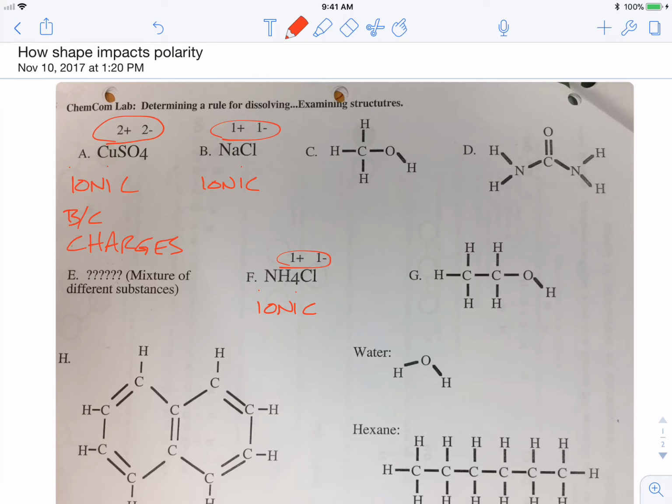Next comes what happens if we don't see the charges? Well, that means they're going to be polar or nonpolar. Scientists choose this word polar because it's something familiar to us, like magnets have poles, or consider batteries have a pole, a positive side and a negative side. Basically, polar means that one side doesn't look like the other, or it's different than the other. So looking at letter C,